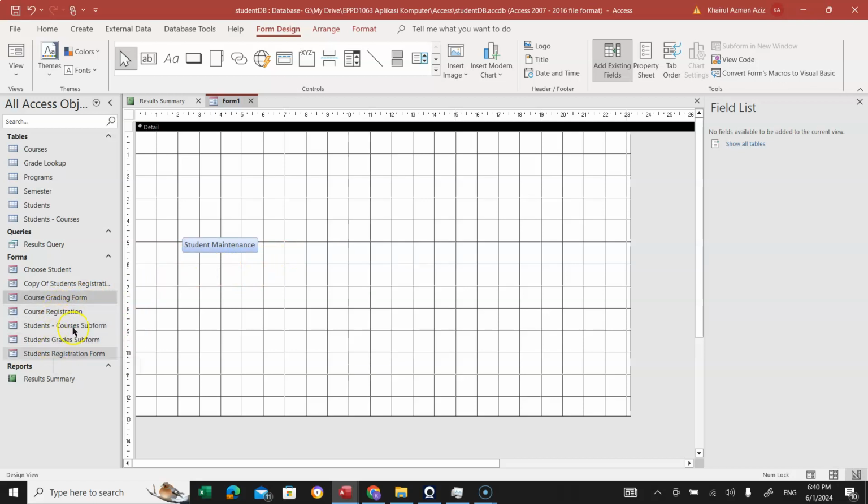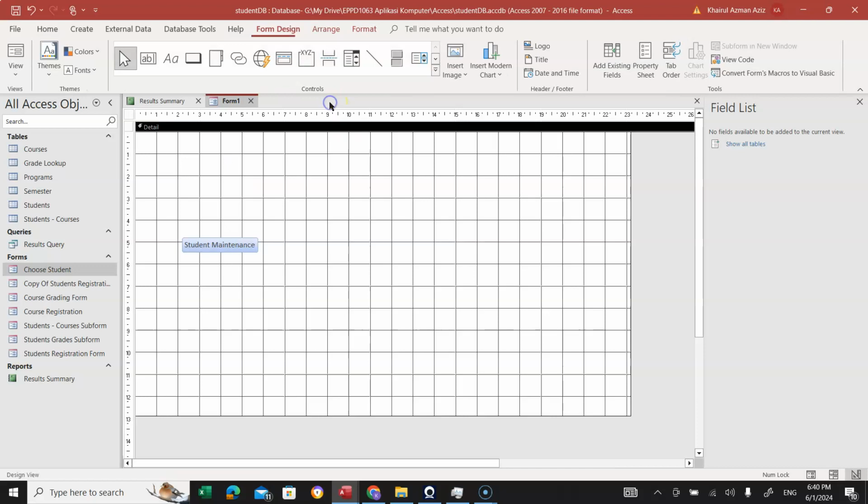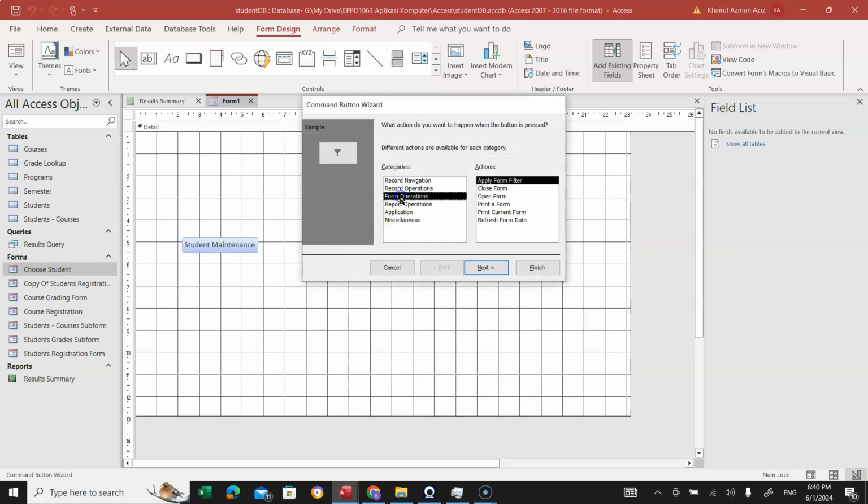Next, other forms that we can create buttons for include the course registration for students. The course registration for students starts off by choosing or putting in their student ID. Remember this particular form, the choose students form. We created this form for students to actually record, so we'll use this form instead. Click on button and put it anywhere, and click on form operations and click on open form